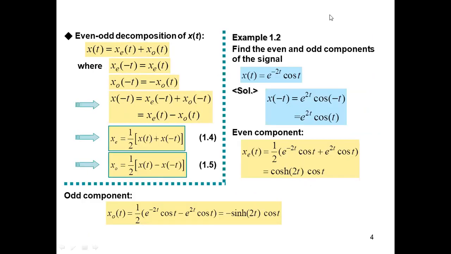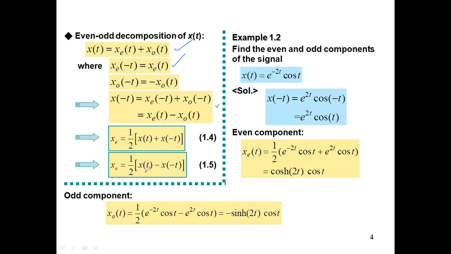Now see here, if you want to decompose any given signal into its even and odd component, here you can see it's a small derivation given. I think we discussed this yesterday. The even component is going to have the symmetry, x of minus t is going to be x of t. For the odd component, x of minus t is going to be minus x of t. So based on these small definitions, here the author has suggested the even component can be got by this expression, half of x of t plus x of minus t.